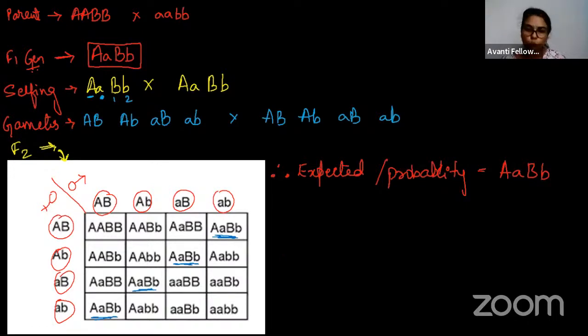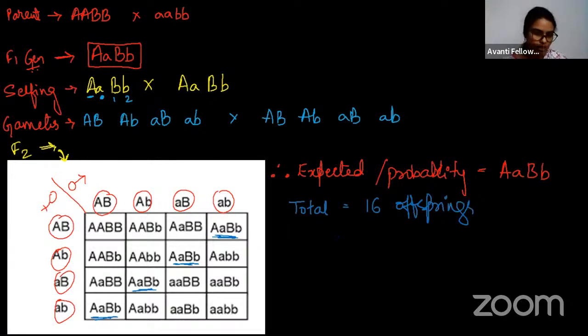So what we are getting here, we have total 16. We have total 60 offsprings. So in this 60 offsprings, our probability, the number that we are seeing is, you can see here